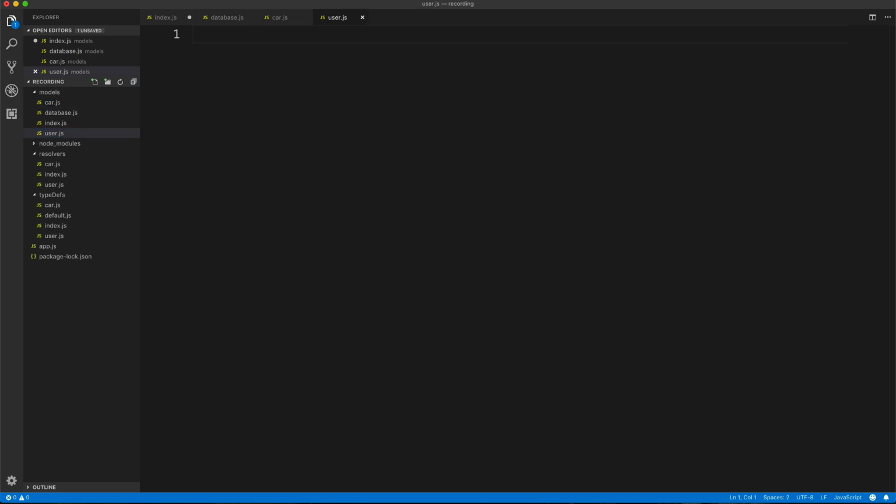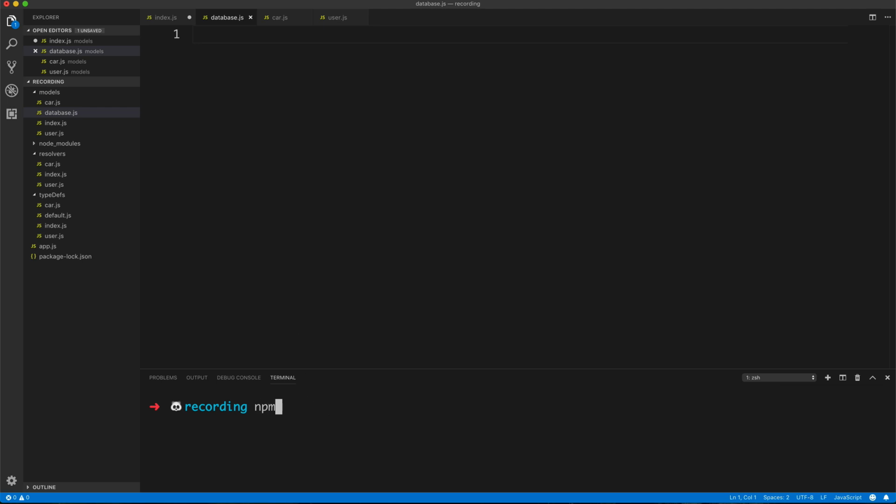These will be the models that we're going to be working with. So we'll have a model definition for the car and for the user. We will have a database connection set up in database, and then in index.js we will stitch them or merge them together. So let's take a look at database.js first,